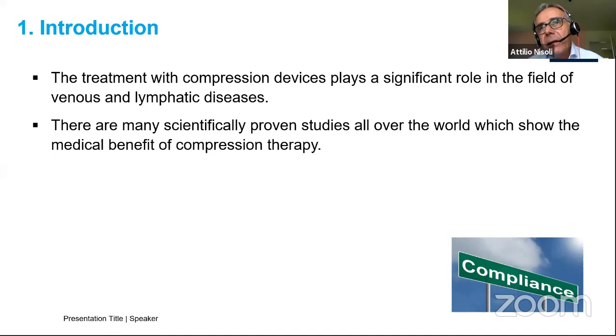And I think you maybe can agree to this. It's not a hypothesis anymore. It's really evidence-based. We have lots of studies, lots of published papers which actually confirm the benefit of this